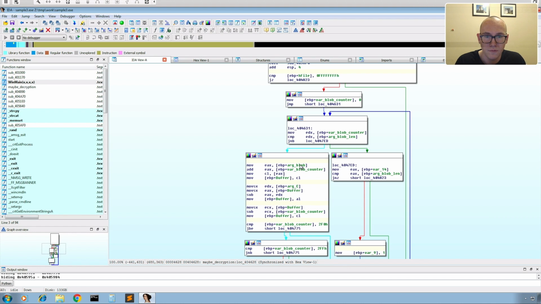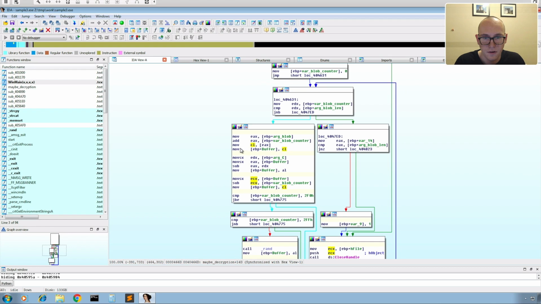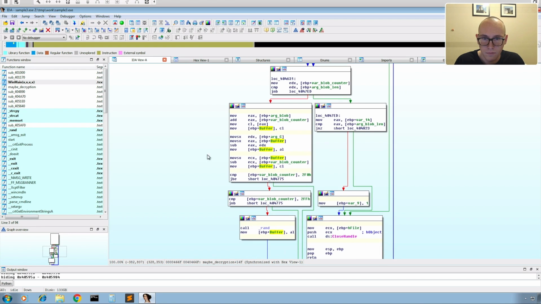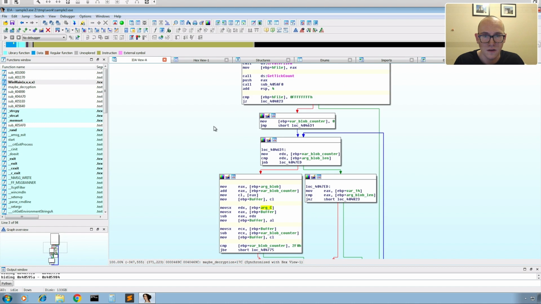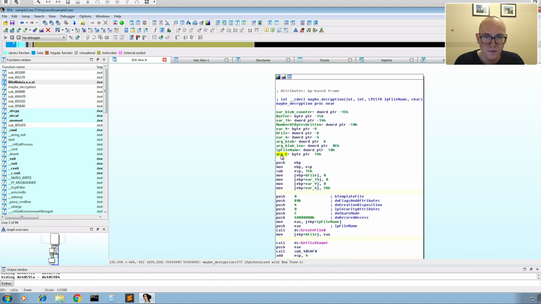So what we're doing is we're moving the first byte of the blob into CL, moving that into buffer. What else are we doing here? argc, interesting. Okay, so we're moving argc and we're subtracting argc from the byte of buffer. So we probably need to know what that argc is. Let's go back and see. So that's our fourth argument on the stack, argc. So we have arg blob length, arg file name, and the last argument,